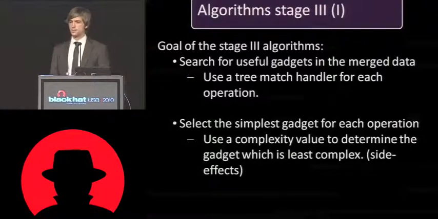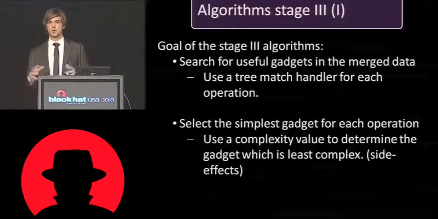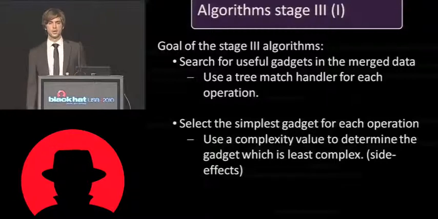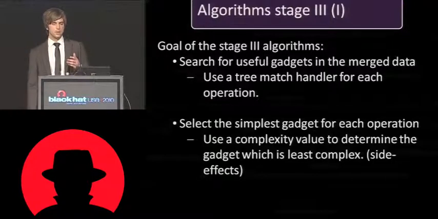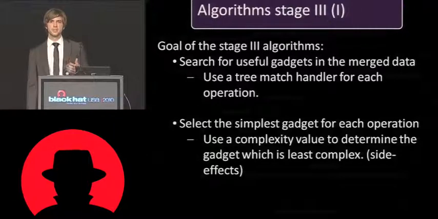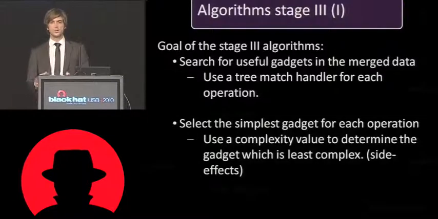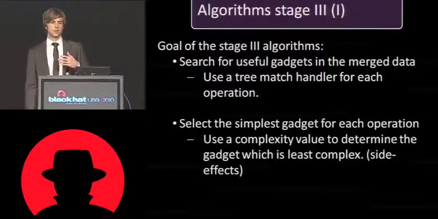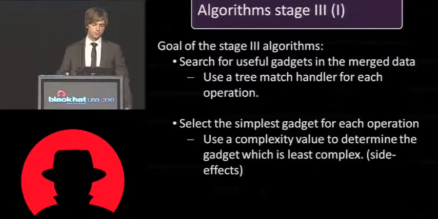And then, due to the sheer number of gadgets that, in a normal library, if you would take libsystem from the iPhone, for example, I think it's like 240,000 gadgets that you can find in there with those algorithms, we only want to select really the simplest possible gadgets that are available to us, so that we don't have to later on in the compiler stage work with so many side effects that on one hand the compilation time would take forever, and on the